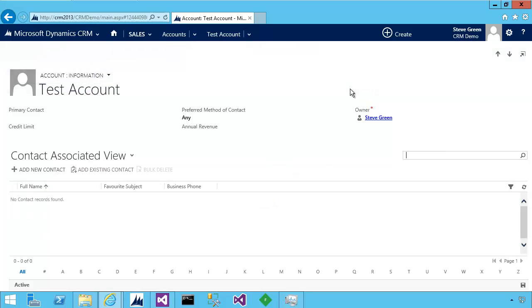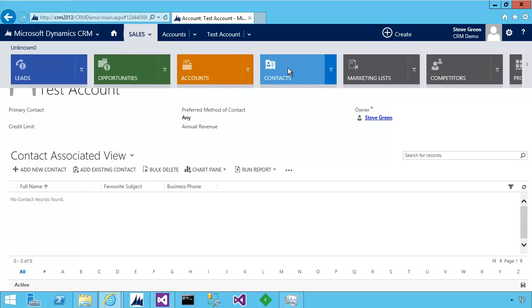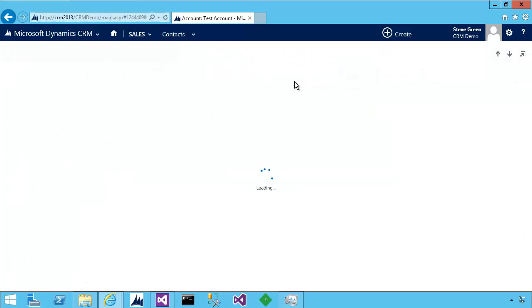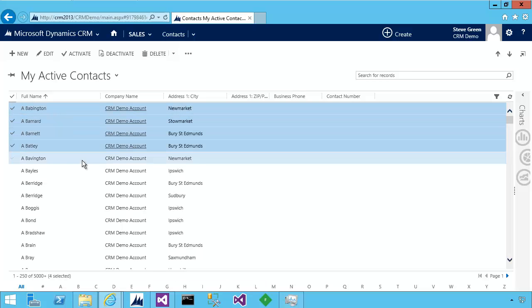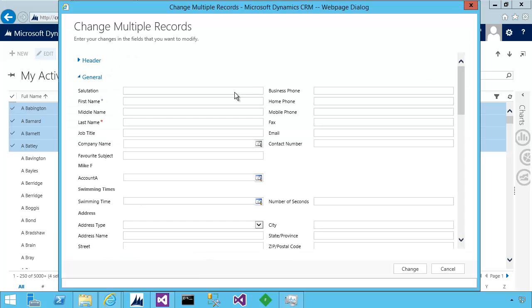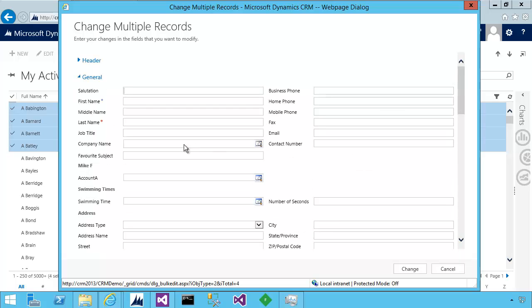Contacts. So this has got nobody. If I go to the contacts list, I'll just pick a few off the top of the list. If I pick the first 4, I'll bulk edit them and set the parent account from their current CRM demo account. And if I go on, company name,